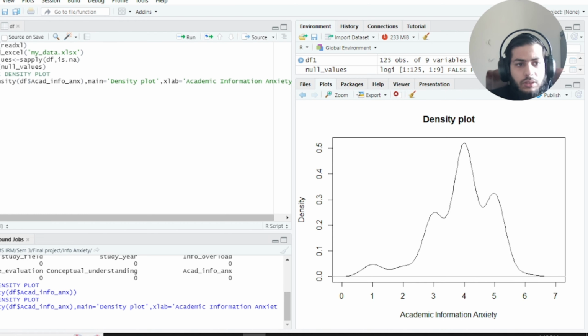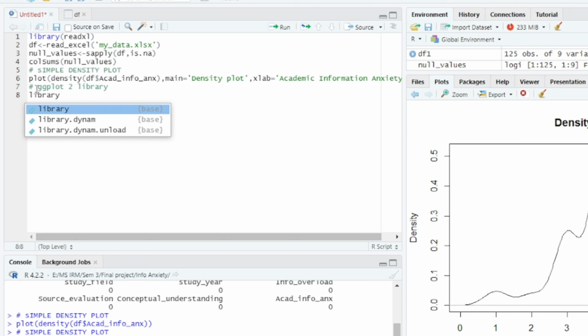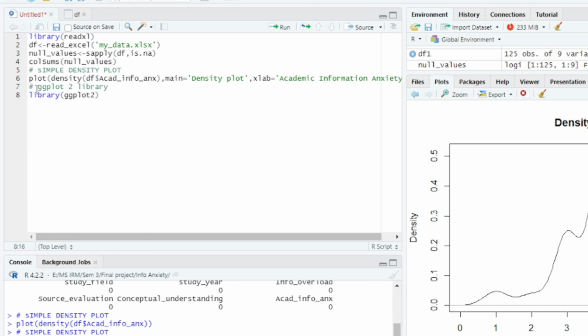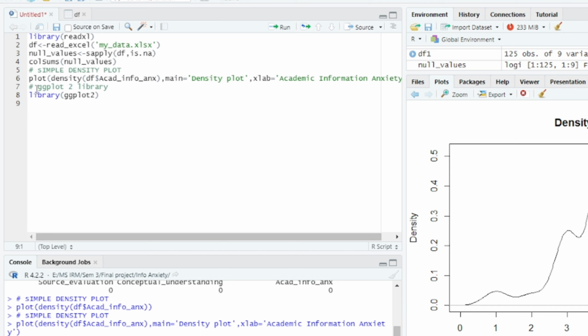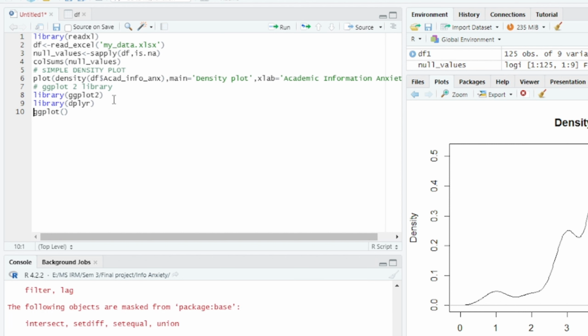Now what we can do is use the ggplot2 library. So first of all, let's load the library ggplot2, Enter. Also, let's load library dplyr, because we will create a pipeline, and for creation of pipeline, this library is necessary. Okay. Now df